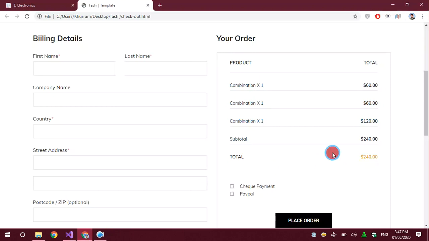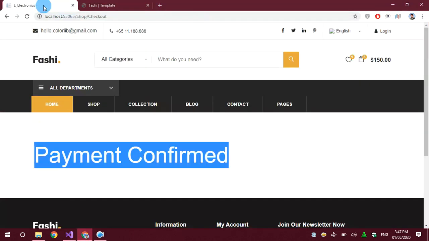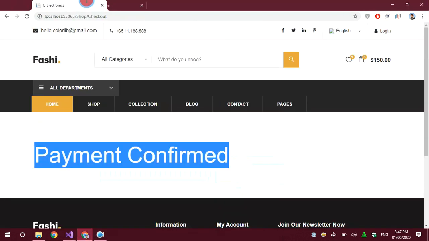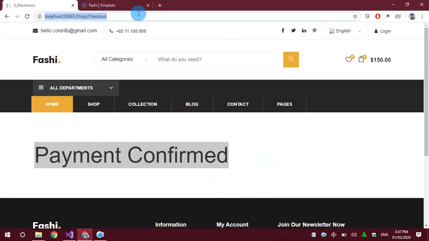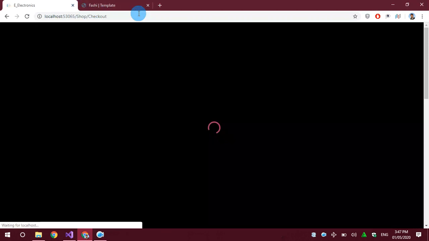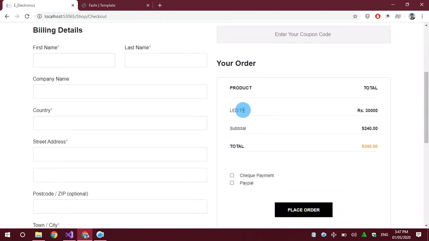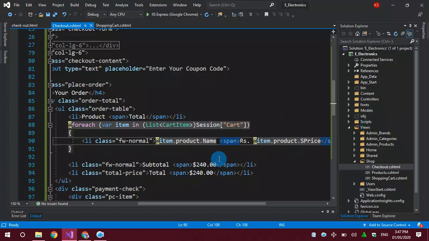So I can refresh this page to see the changes I have made. You can see we have just added one LED TV here, and we are seeing the price here. But we also need to update the total and subtotal here.